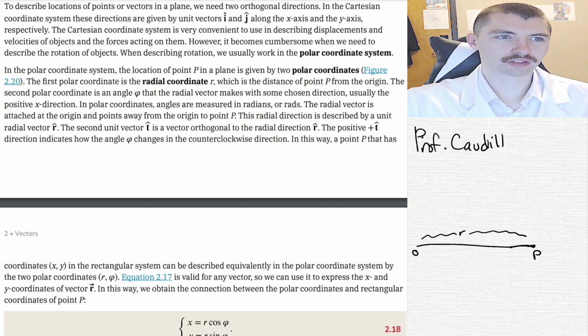A radial vector is attached to the origin and points away from it. So we have our radial coordinates, if I'm understanding it right. The second unit vector t is a vector orthogonal